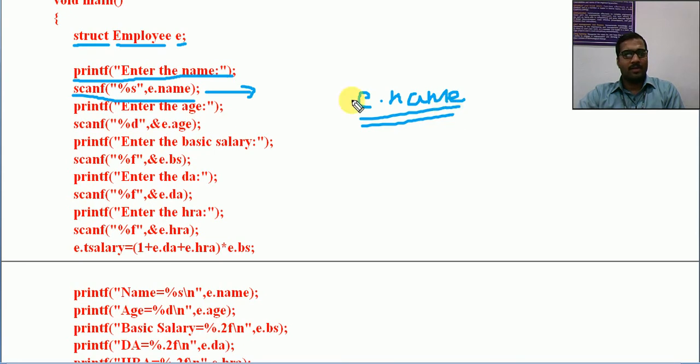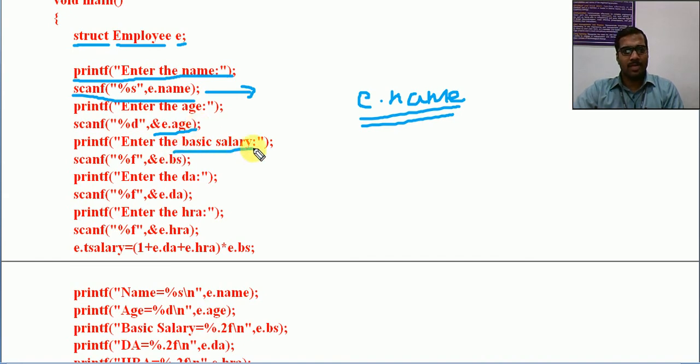Okay, in a record. So scanf of percent s, E dot name. So the name will be taken into the first location. Then enter the age, scanf of percent d. As it is an integer type, ampersand E dot age. Just look here: as it is a string, we don't require an ampersand, but here it is a normal integer, so we require ampersand E dot age. Normally if you are reading age, you simply read ampersand age, but here, as it is a structure member, it is structure variable dot that member name.